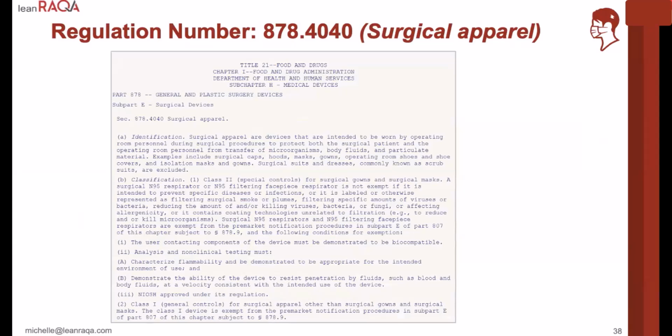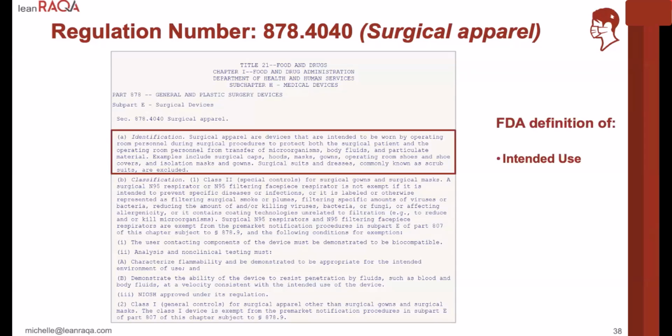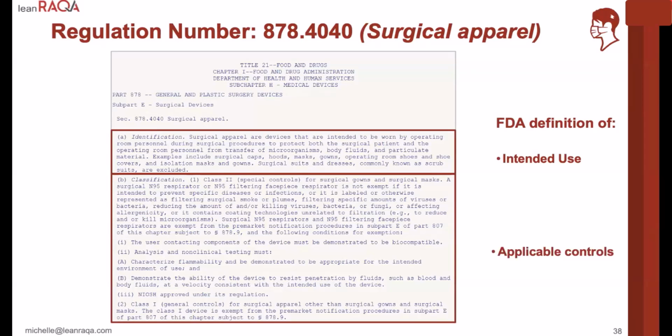Now, what's interesting about surgical masks is they fall underneath a very large and encompassing regulation for all surgical apparel. The identification will tell you the FDA's definition of the intended use for these products. And then you're going to have part B, the classification,